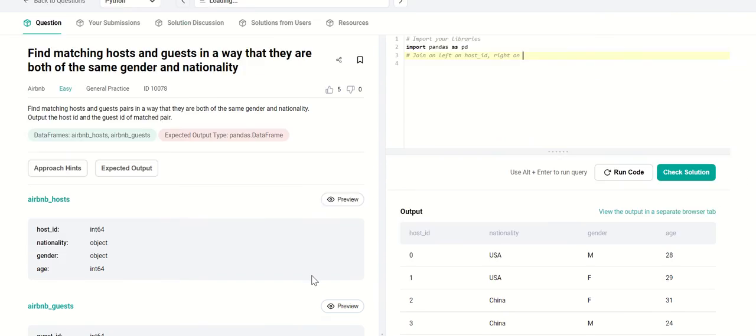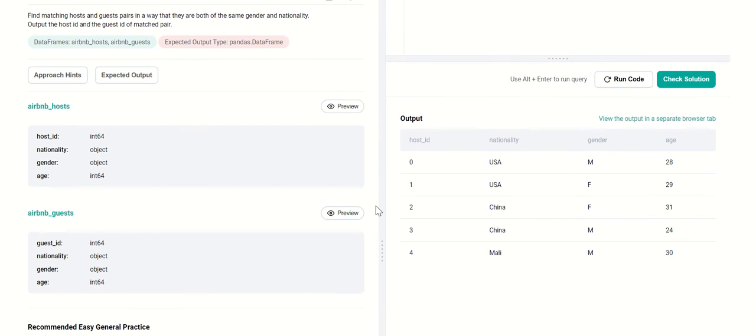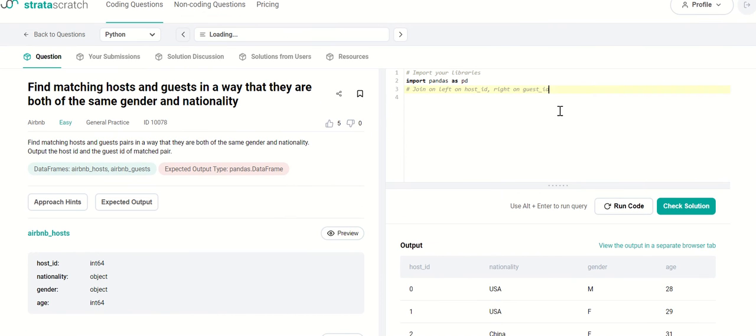Host ID and guest ID probably. Guest is a verb, guest is a noun. Yeah, okay. So let's call this Airbnb equals